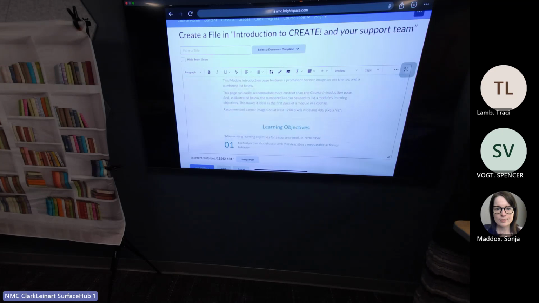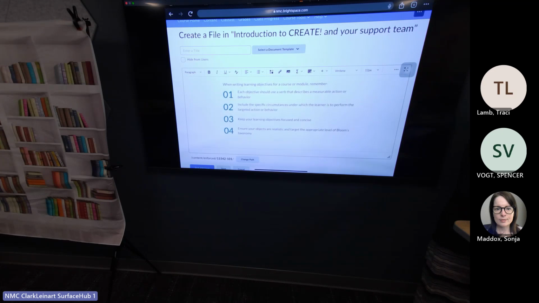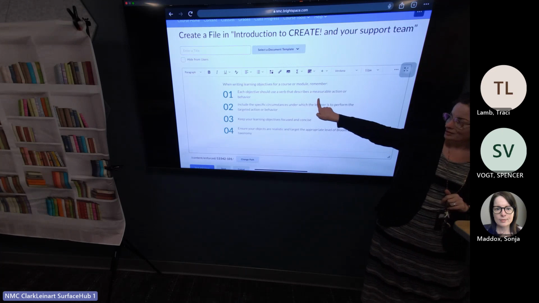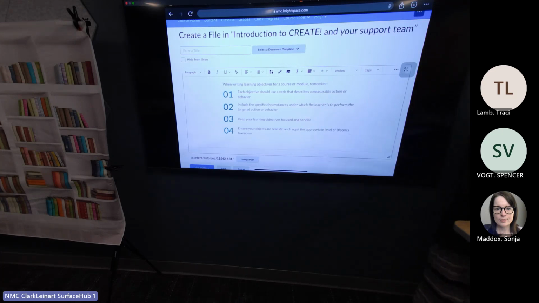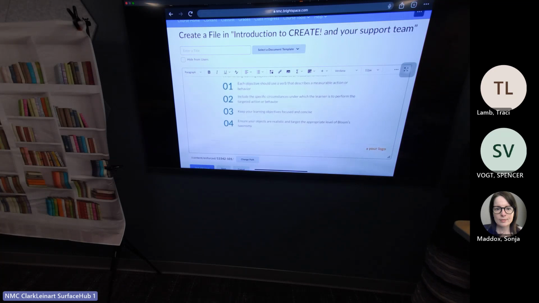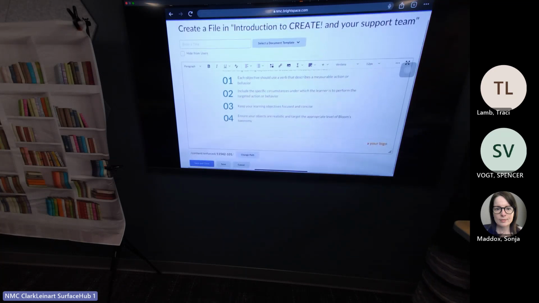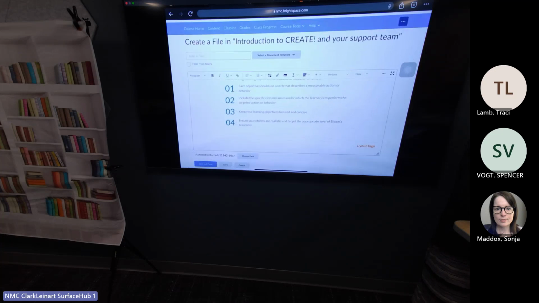And then you've got your placeholders for your learning objectives for the week. I do like that the template tells you to use a measurable active verb. There isn't a set number, there's just those 4 that are there. And anything in here is completely editable, as I said, so you can change anything that you want.